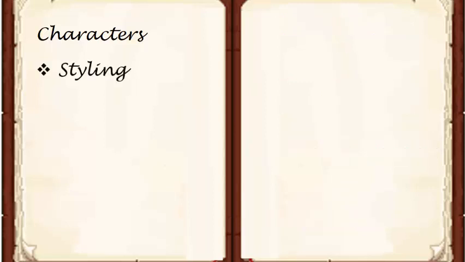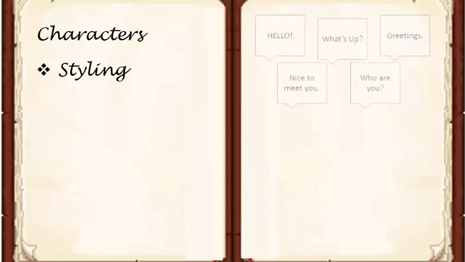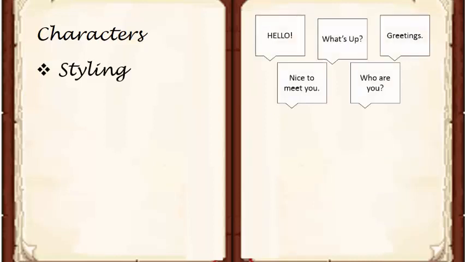Speaking of personality, you want to do styling of the character. You want to talk about their speech. How do they talk to you? Do they have an accent? Can you make the words seem like they have an accent? Do they have a very loud voice? Are you using capital letters when they're talking? Are they being polite? Are they saying greetings, nice to meet you? Or are they being rude and saying, who are you, type of thing? Also, how do they talk to other characters in the story, not necessarily just the player? Because there are times when you're overhearing a conversation between 2 characters. How are they interacting with each other?